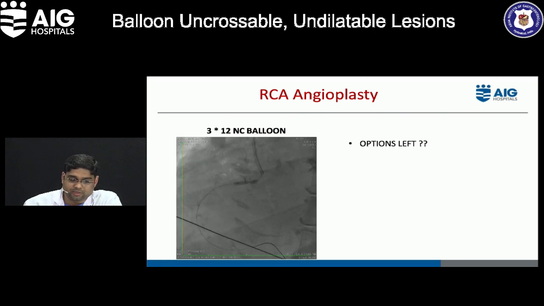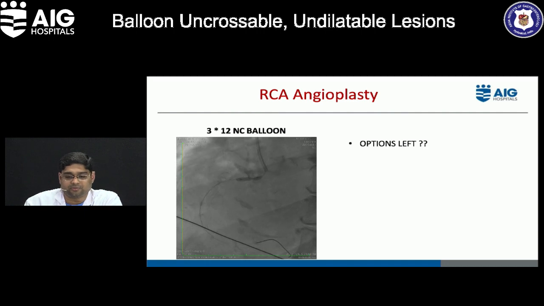So obviously, because it's a very tight osteofibrotic lesion, rotablation is one modality that is available, but with such aggressive predilatation strategies which we have done, microdissections are very possible, and it's risky to do rota. If at all we wanted to do rota, we would have to abandon the procedure, maybe call her back after a couple of weeks and then go straight ahead with rotablation. Or second thing, we could switch, take a 7 French guide, then go ahead with a guideliner and try to cross with a cutting balloon.